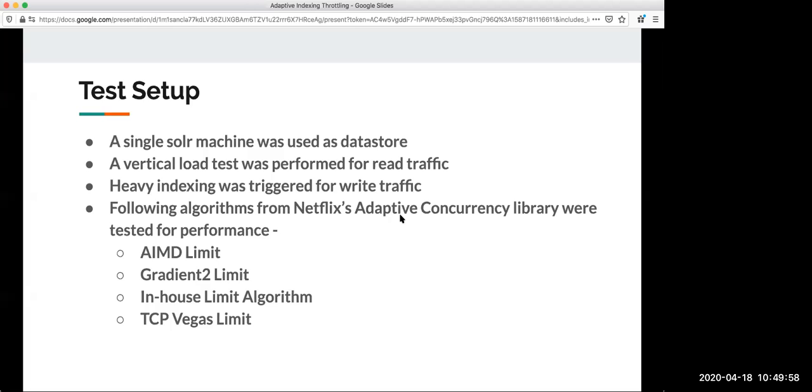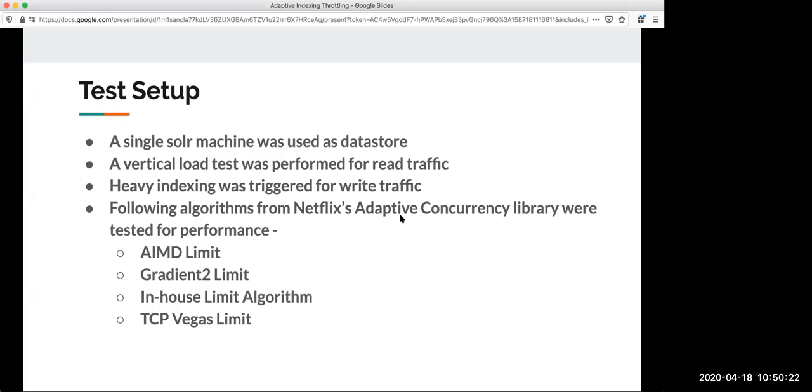One is it looks at response times and other parameters and tries to gauge the health or the load on the system. This is exactly what we needed for our data stores. The other component is that, on the basis of that health and load, it comes up with a limit. That is the second part of the puzzle we needed.